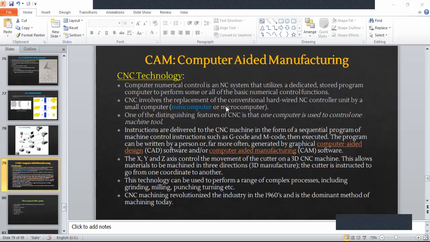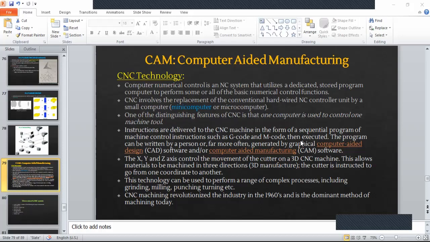Now you have basically a mini computer, because it executes the instructions, right? And one of the distinguishing features of CNC is that one computer is used to control one machine tool. In CNC, you're going to see the different classifications. In CNC, you have only one dedicated computer for controlling one machine tool.